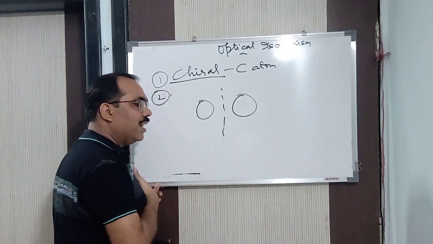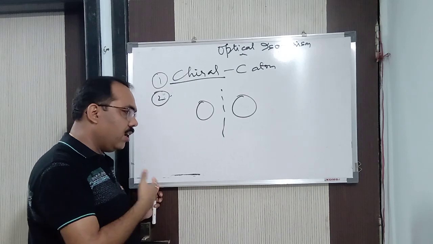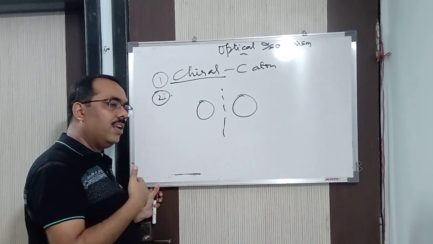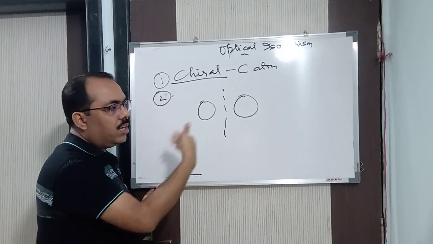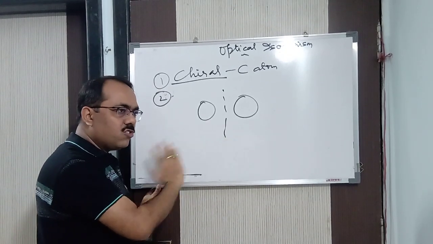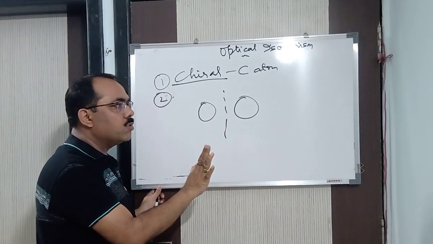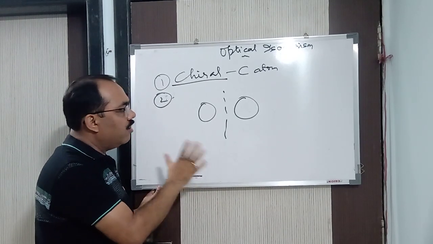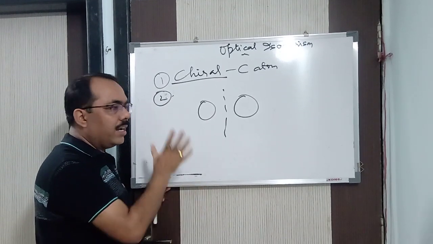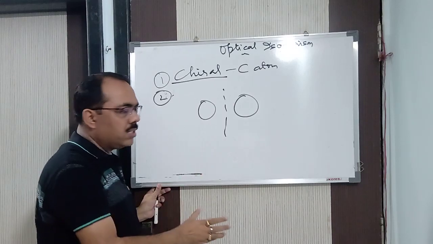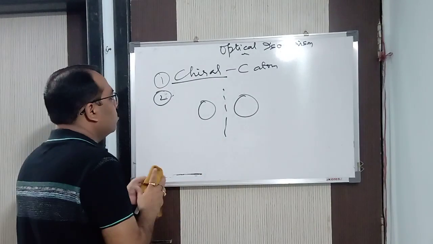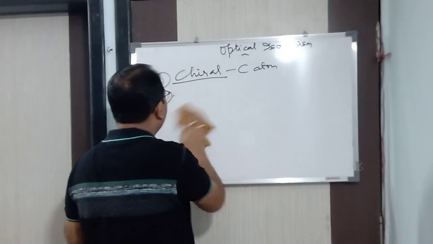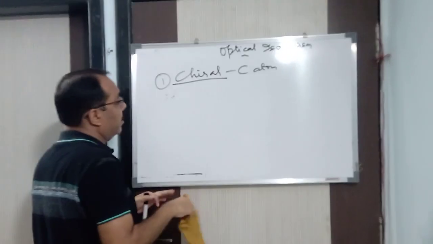Alright. Suppose you are standing in front of the mirror. I have a pocket on my left side. If I stand in front of the mirror, what will you see? You will see the pocket on the right side. So left and right, are they superimposable? No, they are not superimposable. So that is the meaning of superimposability. And here the mirror image, again and again I repeat, should not be superimposable. I think you have understood what is superimposable. The mirror image should not be superimposable, remember it.